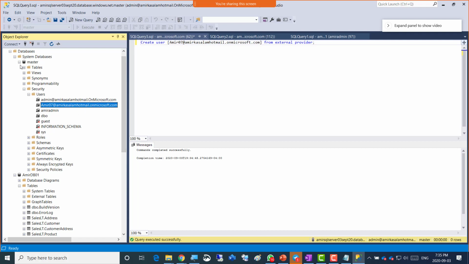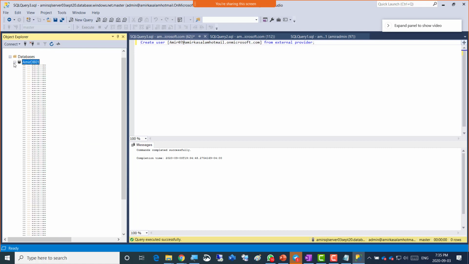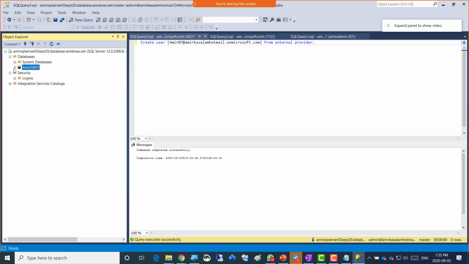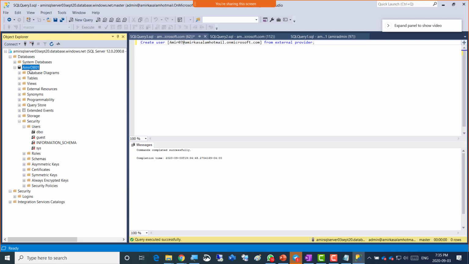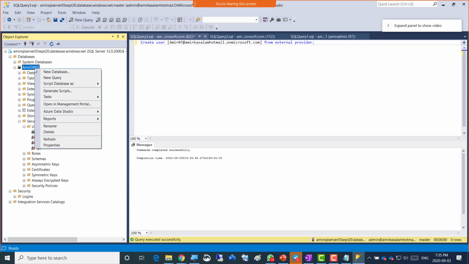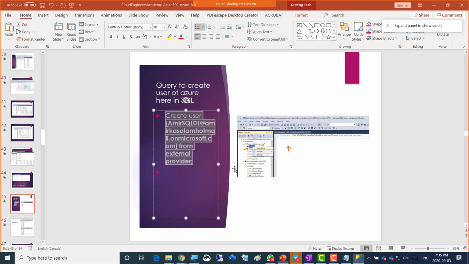Now we need to add that also in this existing database. Any new database, it will be added, but existing database, you have to add it as well. So how do we add to the existing database? I'm gonna go to the existing database and right click here, and there's a new query here as well. But not only that, I'm gonna add this user here, I'm gonna also give less privileges or reader privileges to that user. So that's another query that we need to run